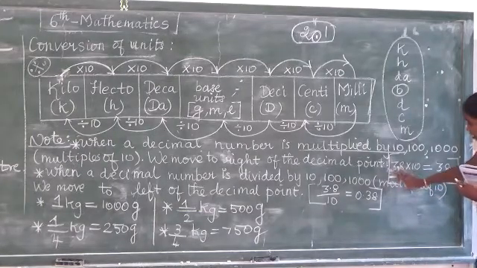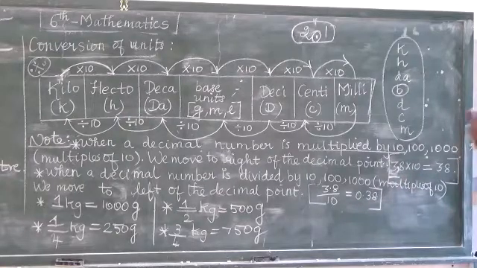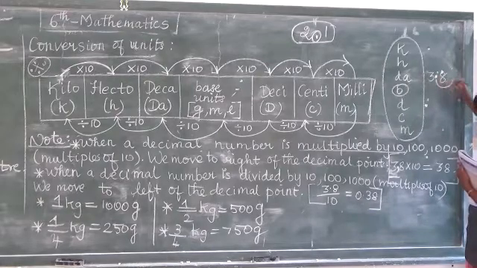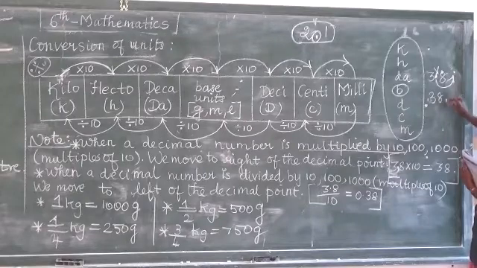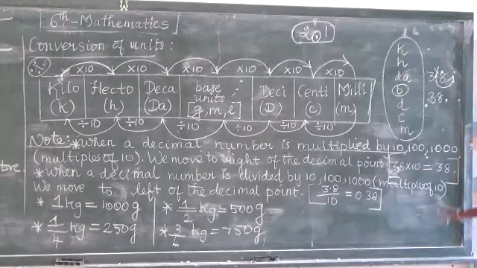I move to the left side. Okay, which is your right side? This is your right side. 3.8, the point must move to the right side. This point will move here, and the answer will be 38. This is the full stop. Okay, this is the full stop, 38.